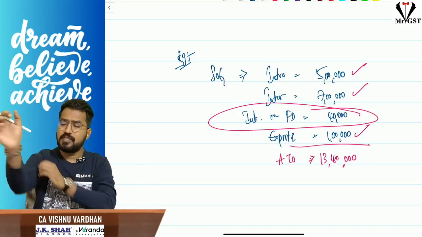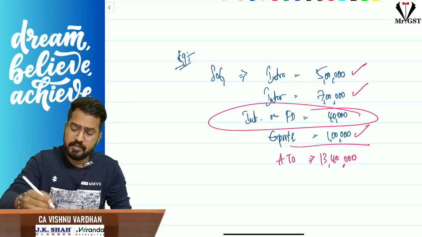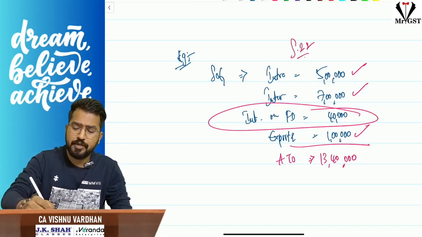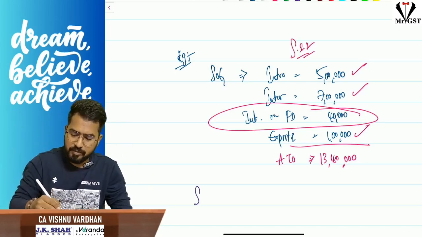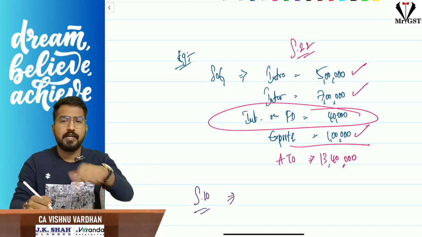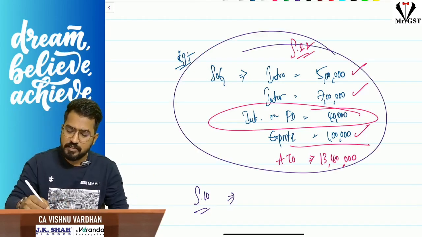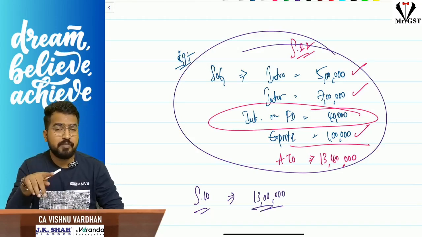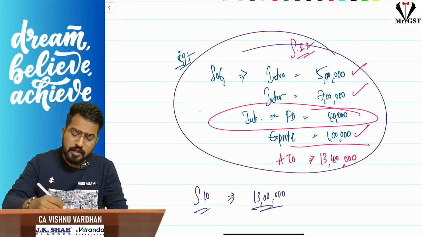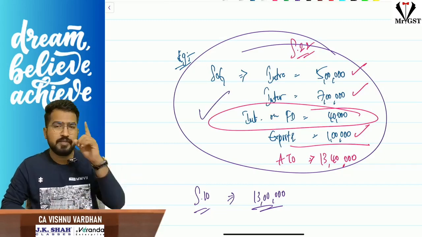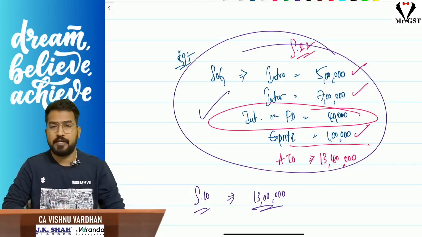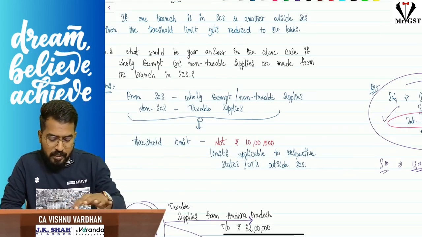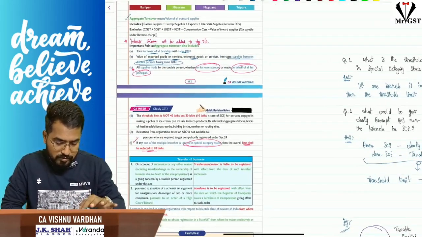Okay, so if you are calculating this, this is for the purpose of section 22, my dear friends. If you ask me, sir, for the purpose of section 10, what is the aggregate turnover in this case, then the answer is just 13 lakhs. Hope it is clear for you. For section 10 purpose, if you are calculating aggregate turnover, ignore this fellow. For any other purpose, yes, that should form part of your aggregate turnover. That is one interesting point. And one more important point we have to observe here is